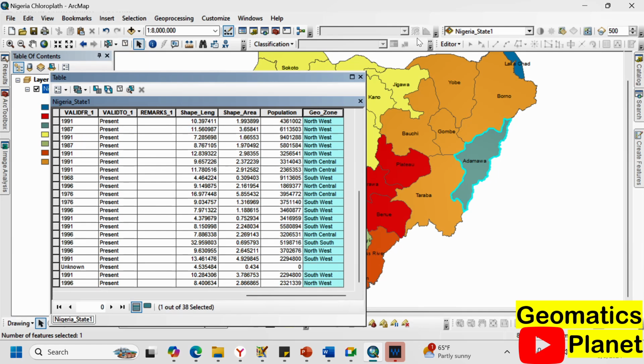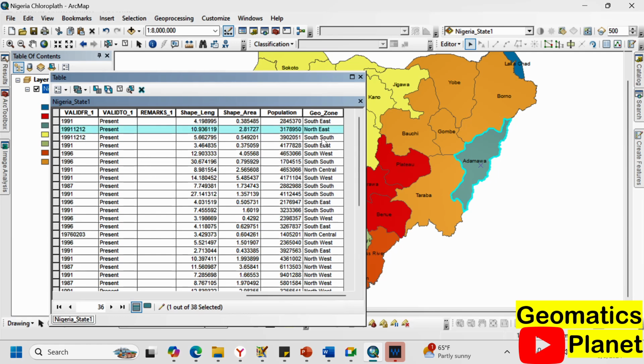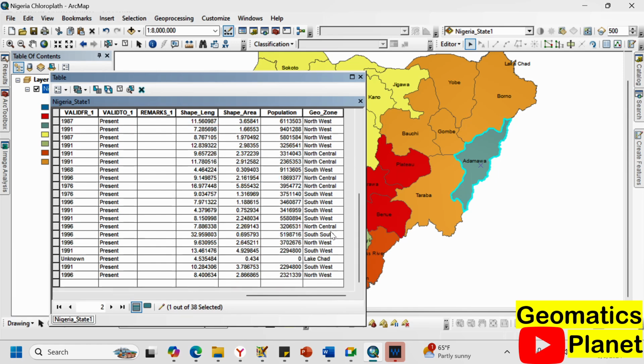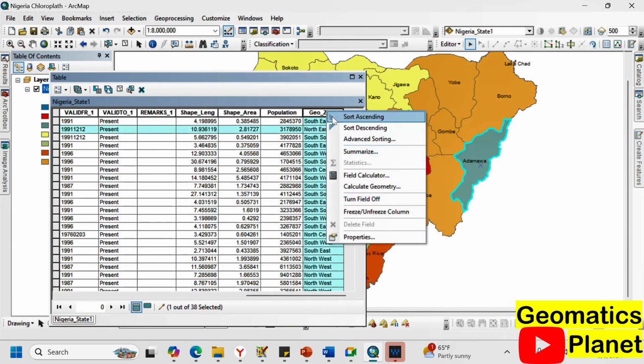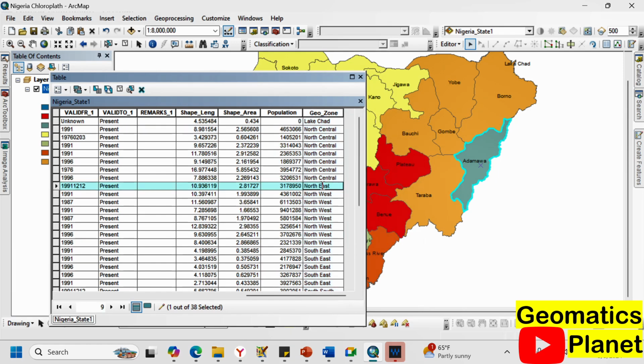We return back to edit and make this Lake Chad. Then let's go to Adamawa and check what the problem is. This is northeast, and let's arrange them in alphabetical order. So for all the northeast, from Adamawa to